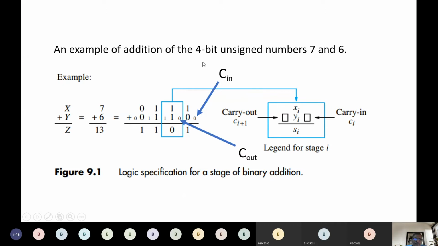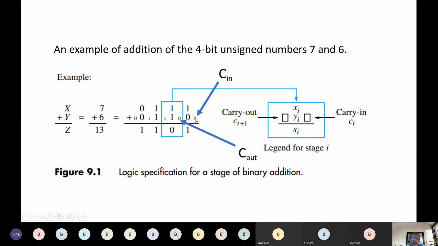Okay, so another example, a 4-bit unsigned number, numbers without any sign, similar to the one we had seen in the last slide. So we are trying to add 7 and 6. 7 we already know the binary representation, 0 1 1 1, and 6 is 0 1 1 0. So these are the binary representations. Because there is no sign, they are unsigned. So we can represent unsigned numbers with normal binary numbers. No need for ones complement, twos complement or sign and magnitude method. So these are plain binary numbers. 7 representation, 6 representation, we are trying to add.